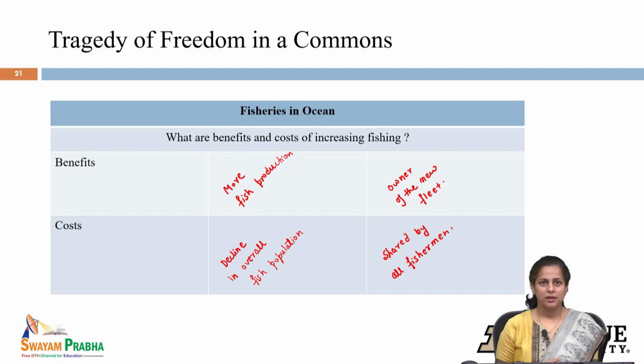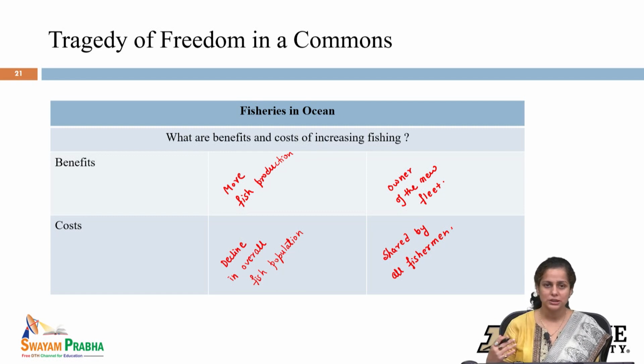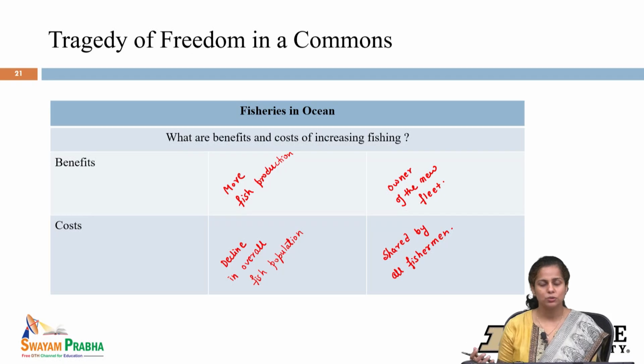So now you see, a fisherman can keep adding more and more fleet without thinking about the ecological sustainability of that fisheries system, and keep overfishing some region. Eventually what will happen is that none of the fishermen will find the supply of the fishes, because they have overfished and they have actually declined the fisheries population. So this is another example of tragedy of commons, that without thinking about the cost to all the users who have the access to the common pool of resources, we are leading to the decline of